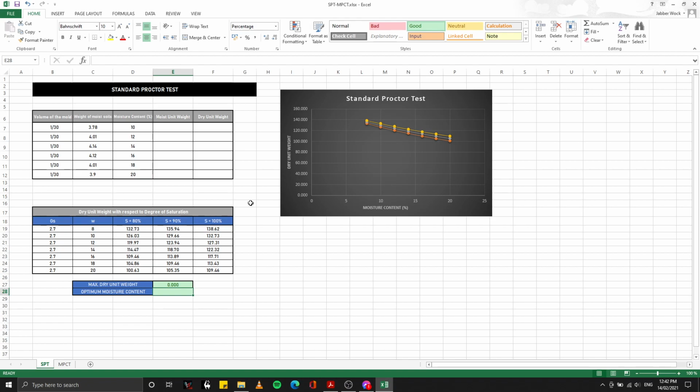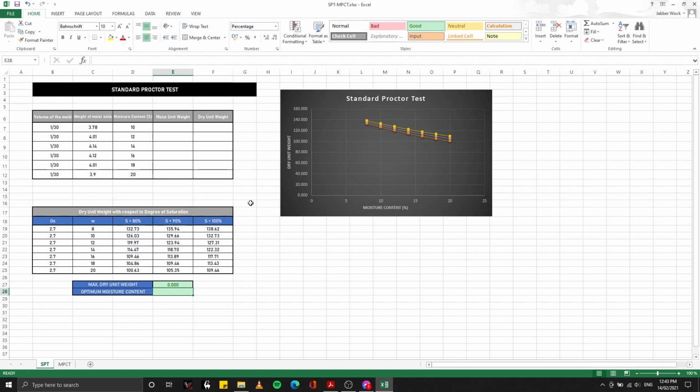This time we are going to discuss the standard Proctor test and how to use it on the Excel program. First off, what is the standard Proctor test and what is its purpose? The standard Proctor compaction test is used to determine the optimum water content during compaction, which gives the greatest solid